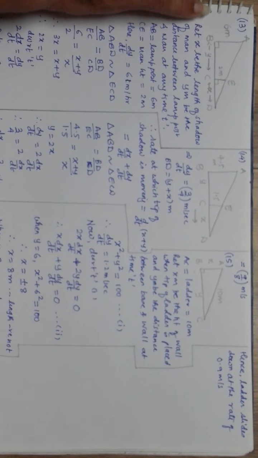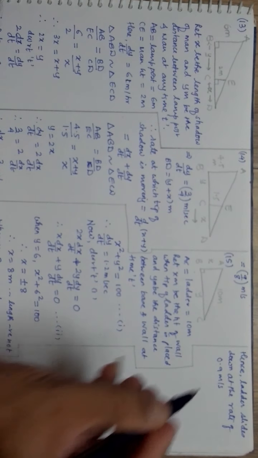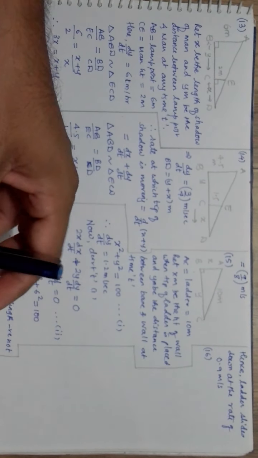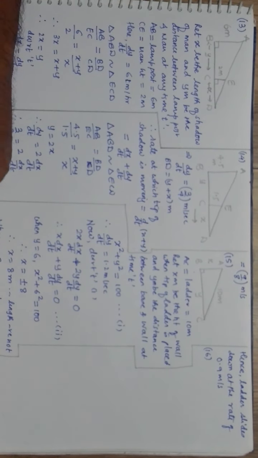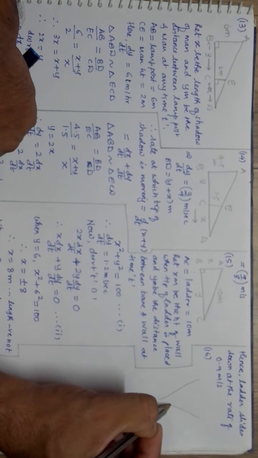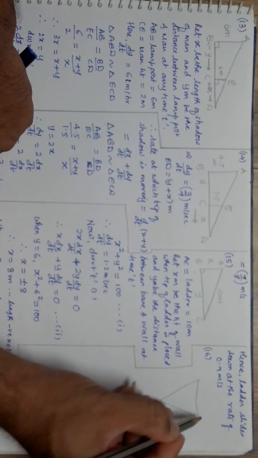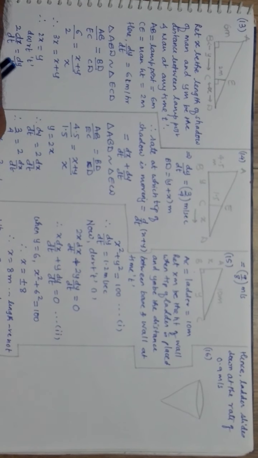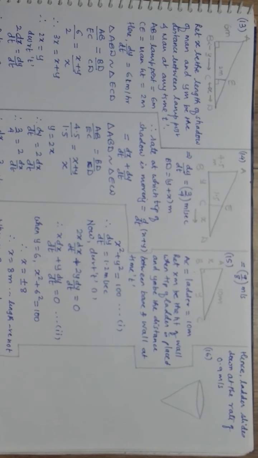Now I will go to the next question, that is question number 16. It says water is poured into an inverted hollow cone. Okay, inverted hollow cone means like this. This is your cone. You may find slight difficulty in watching what I am drawing with pencil, because the pencil which I am using is not so dark and I don't have any other option. Okay, the water is poured into an inverted hollow cone whose semi-vertical angle is 30 degree.